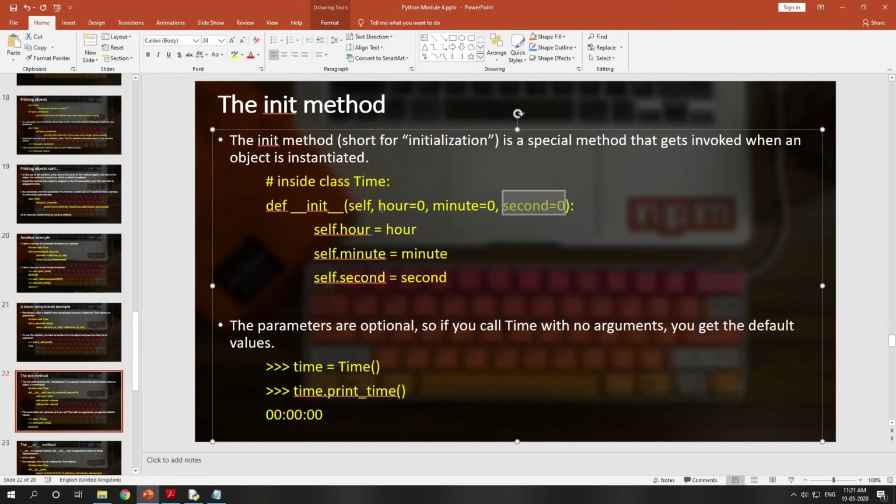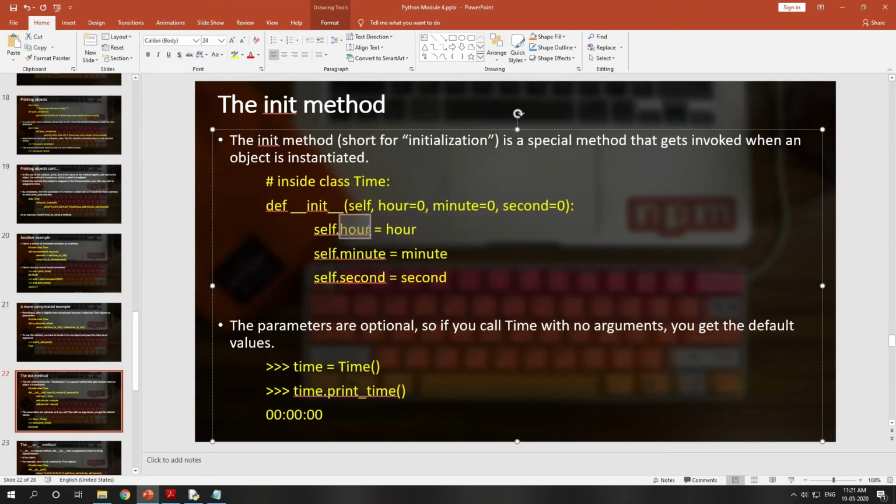If the user just creates an object of the class Time and does not pass any parameters to the constructor, then the default values for the attributes hour, minutes and seconds will be 0, 0, 0. Understood? In the constructor, the parameter names hour, minute and second are the same as your attribute names.